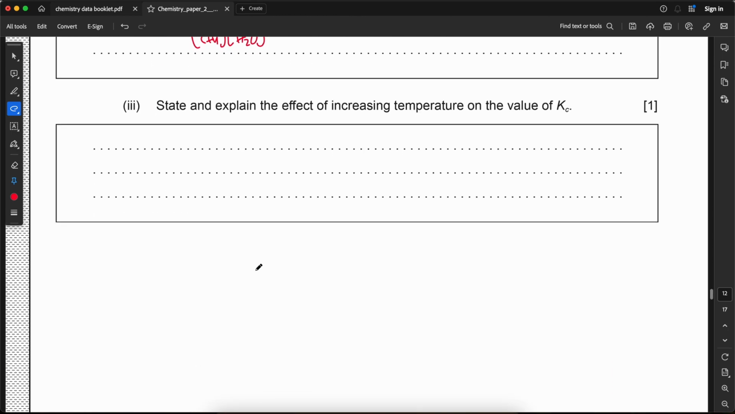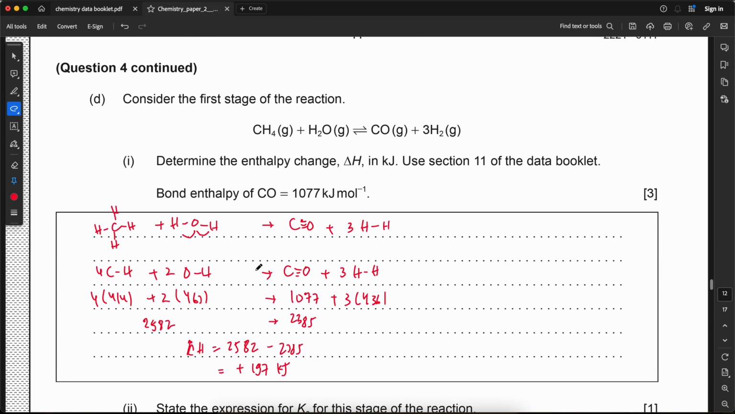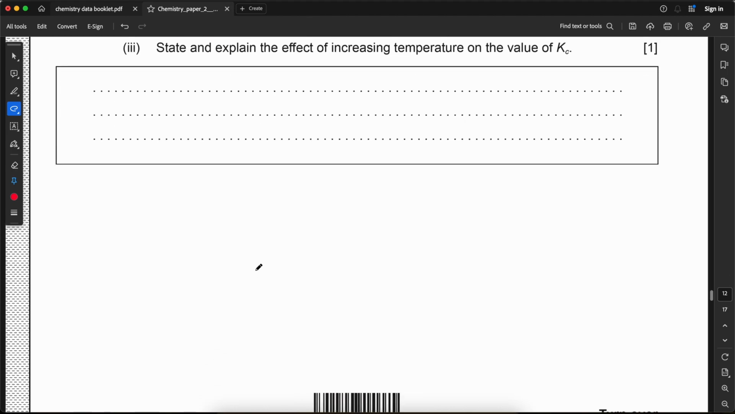State and explain the effect of increasing temperature on the value of Kc. It's an equilibrium reaction, okay? So let me just write again the reaction. CH4 plus H2O, CO plus 3H2, delta H is plus 197 kilojoule. Therefore, this way will be endo because it's positive. This way will be